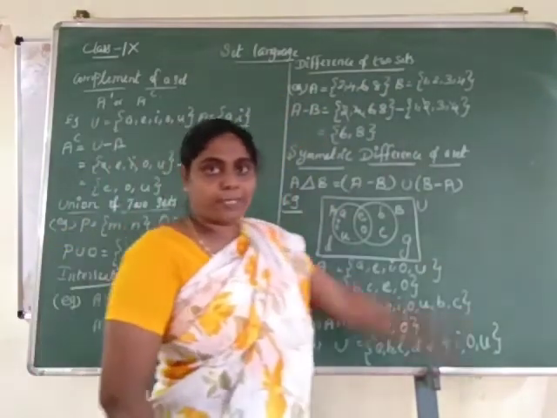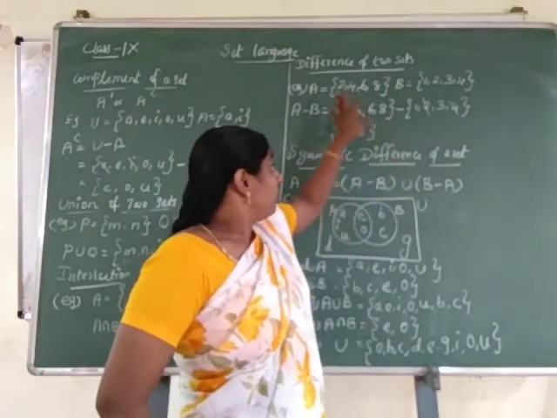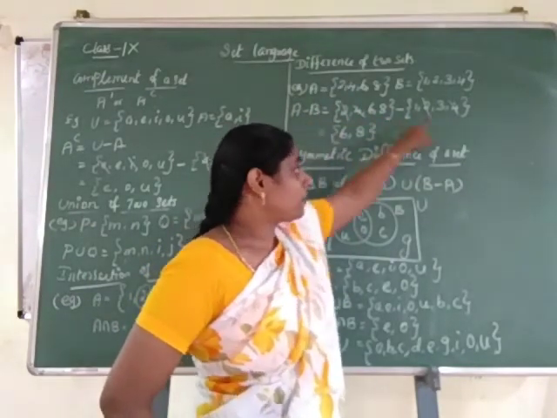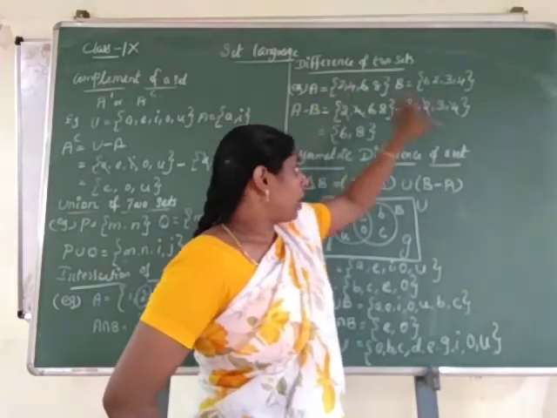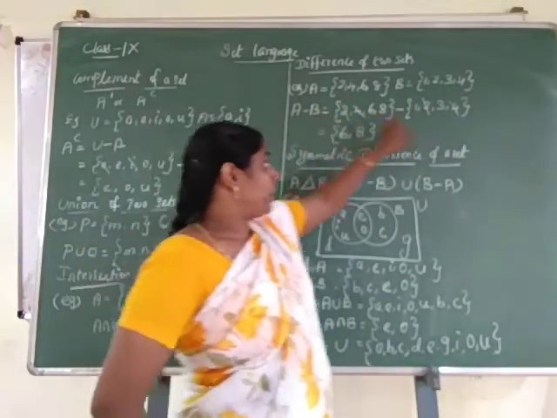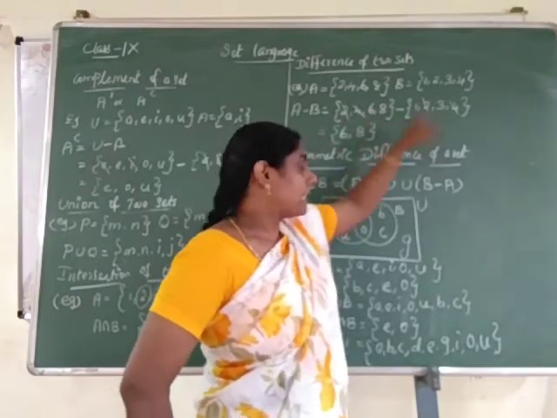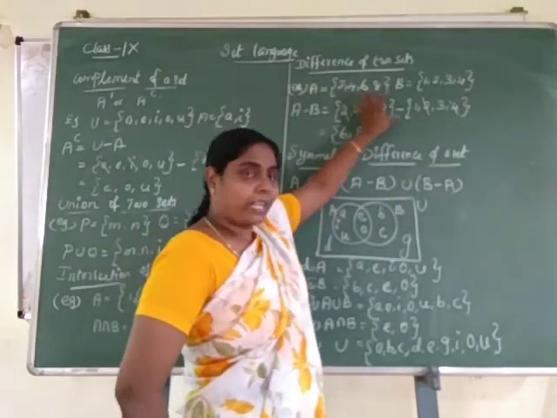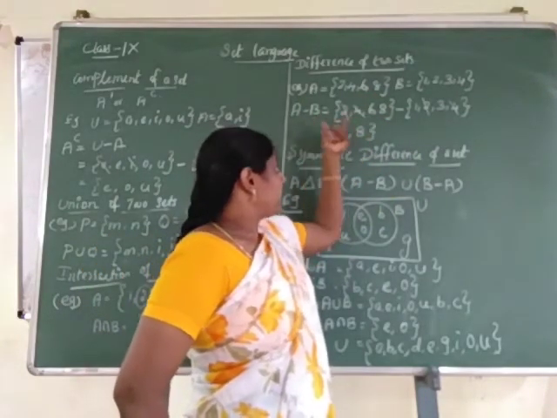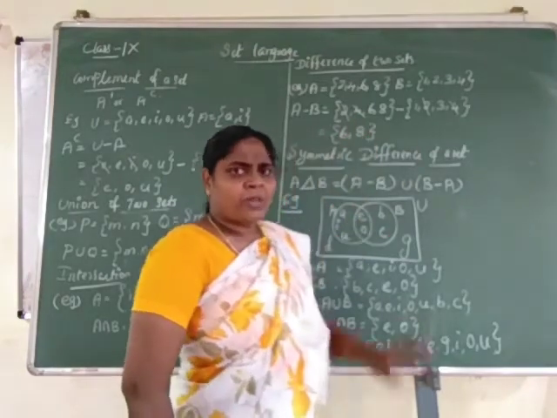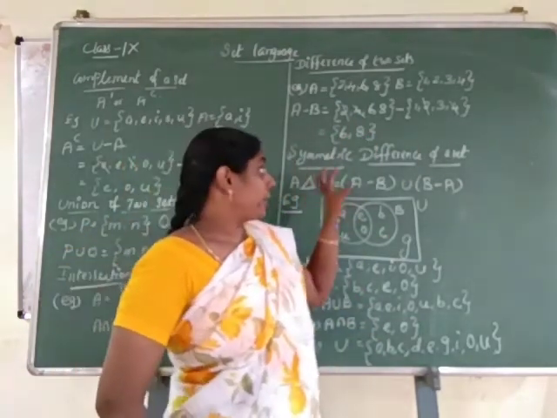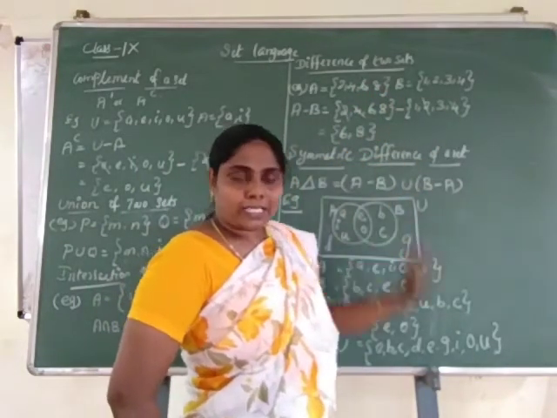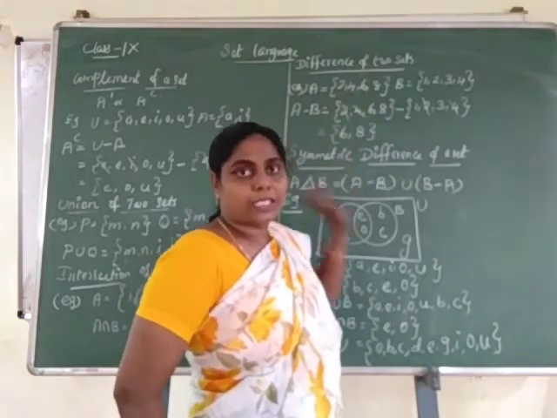Now we are going to find A minus B. How do we find A minus B? First, write the set A, minus, and the second one is B, so write the set B. The common elements in both can be cancelled. So 2 and 2 is common, so we cancel that one, and 4 is also common, so we cancel that 4 also. Whatever elements are balance in the first set A, that is the answer. So A minus B is equal to 6 8. If B minus A was asked, first write set B, then write set A, cancel the common elements, and whatever balance remains in the first set is to be considered as the answer.